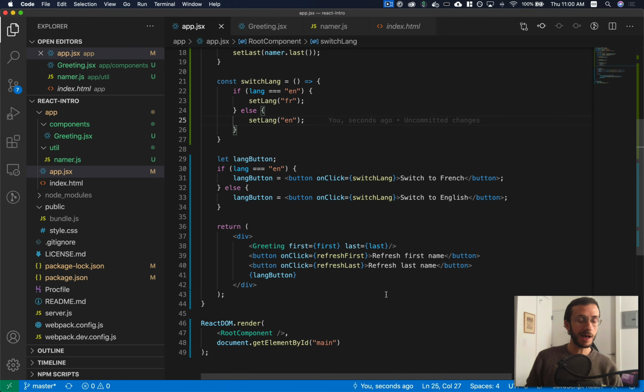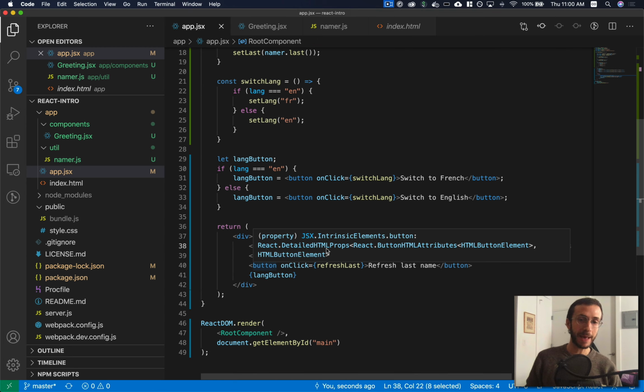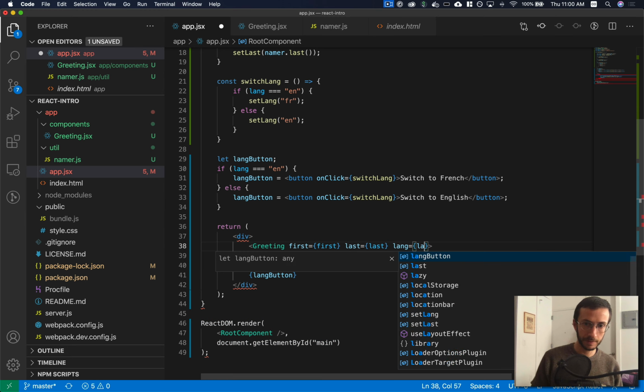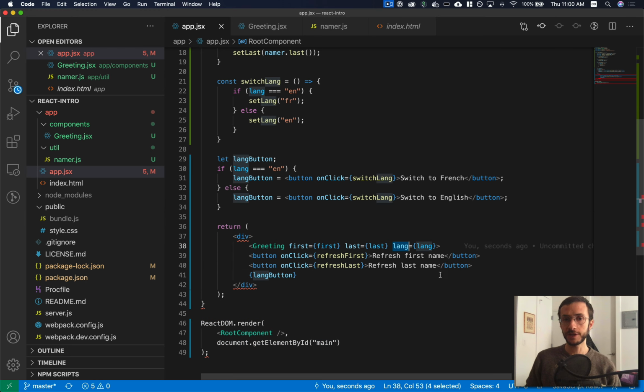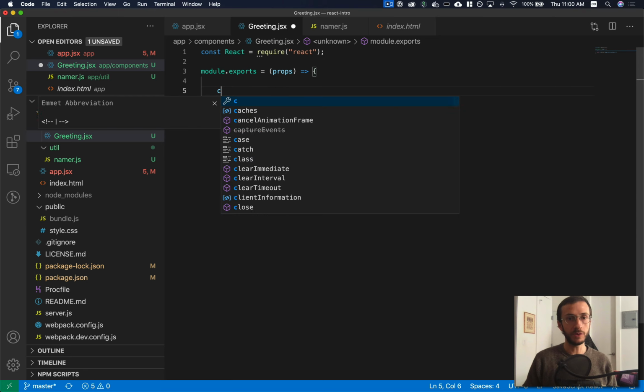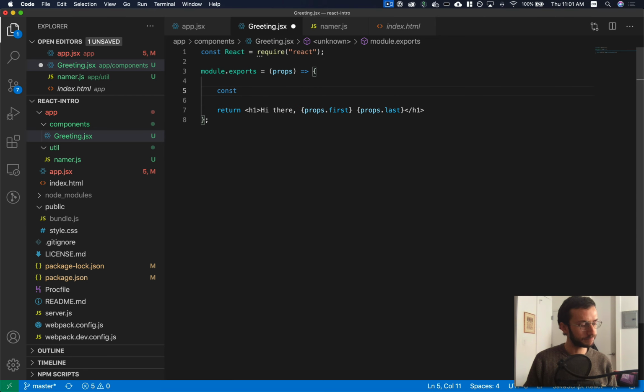And now what we can do is actually use this language in our greeting. Let's pass it down as another prop. So we'll just do lang equals lang. And then to actually use this property in our greeting, we come into greeting and we can render the component differently depending on the prop. There's a few ways to do this, of course, but why don't we do it like this? We do if